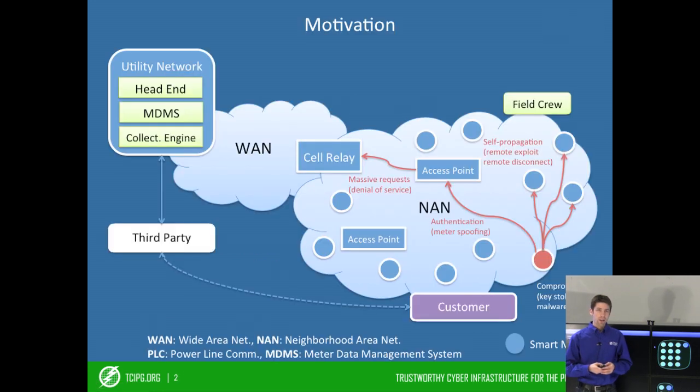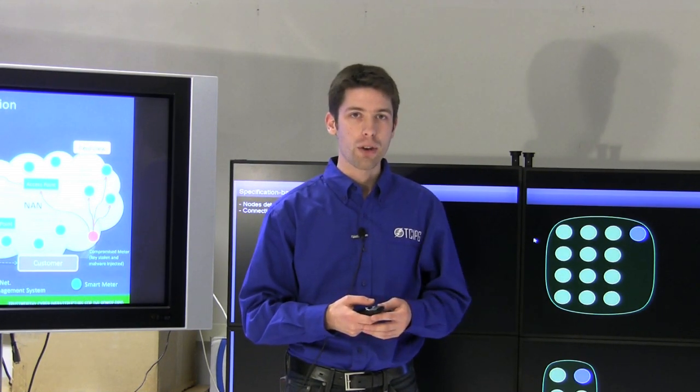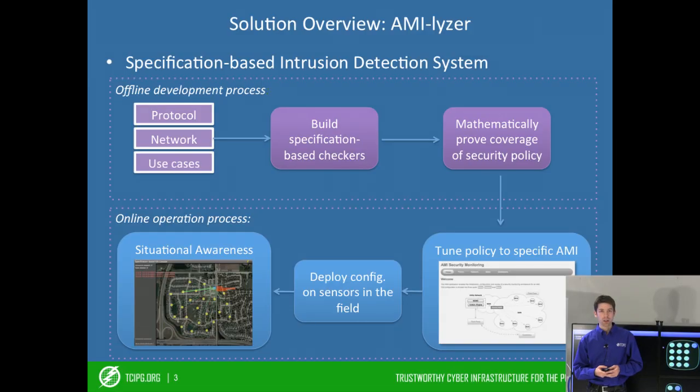So, large advanced metering infrastructure are being deployed all over the country, and those involve a large number of smart meters. Those meters have computer-like capabilities and could be targets of interest for malicious activity. So we need a resilient solution to be able to detect malicious behavior and to be able to automatically respond to it. Over the past 2 years at the TCIPG Center, we've been working on a unique IDS system called